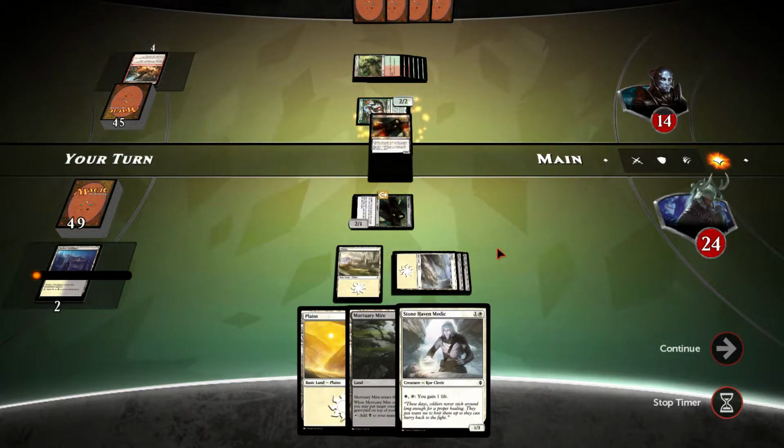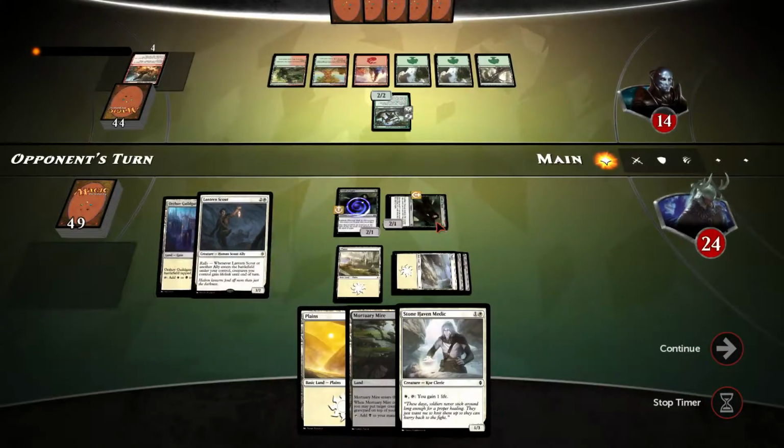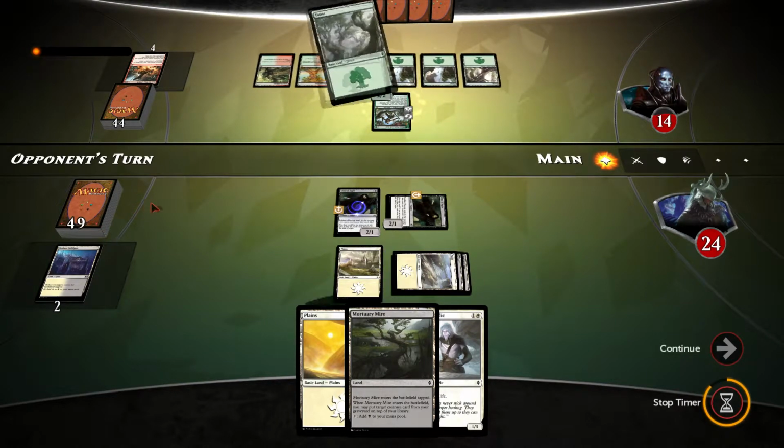So yeah, we're in a good place here. We've got all the tools we need to actually win successfully. We can always bring back the Lantern Scout as well, but I'd rather save the second Mortuary Mire, for example, if he manages to kill my...